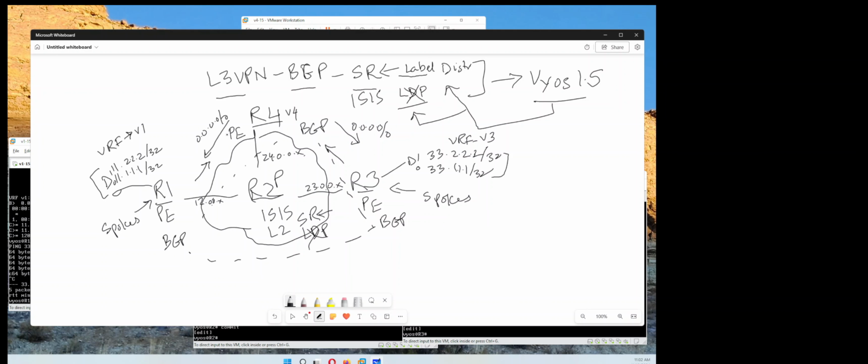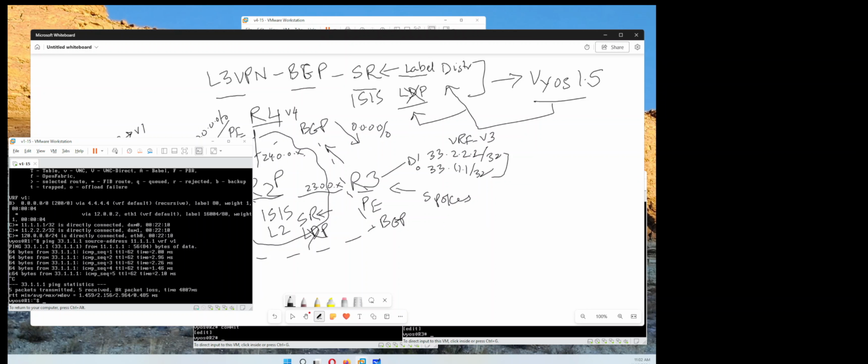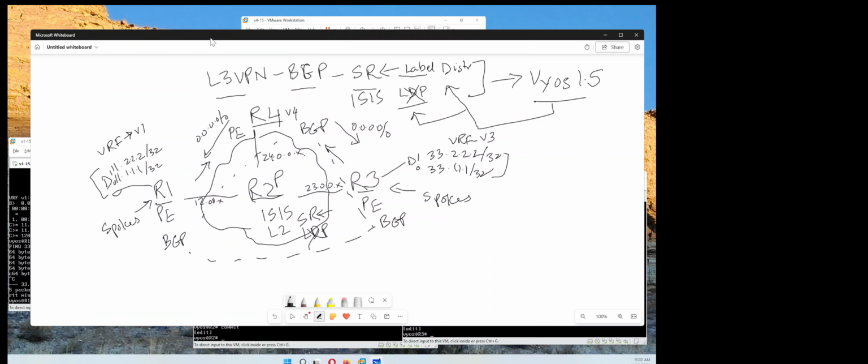I'm also going to go ahead and show you the route targets. So if you see what's happening, a little bit of illustration is, so now we've migrated from label distribution LDP to segment routing ISIS, and we are successfully able to reach other sites. The way route targets work, obviously,